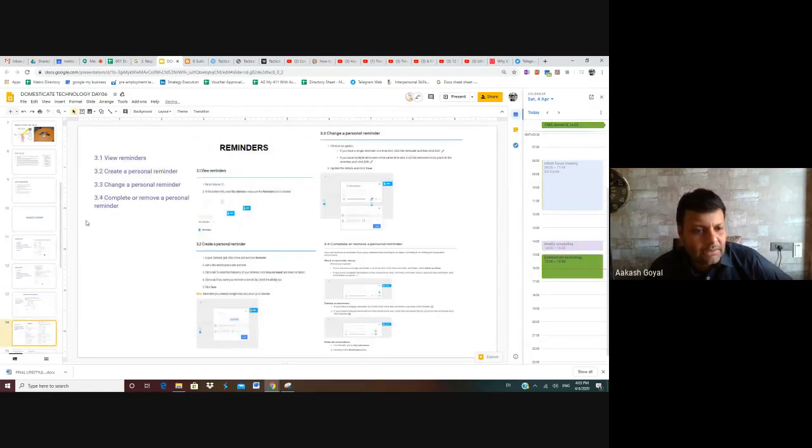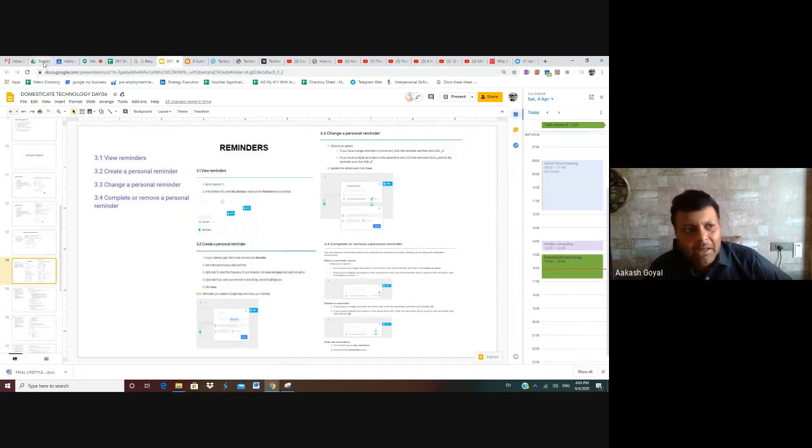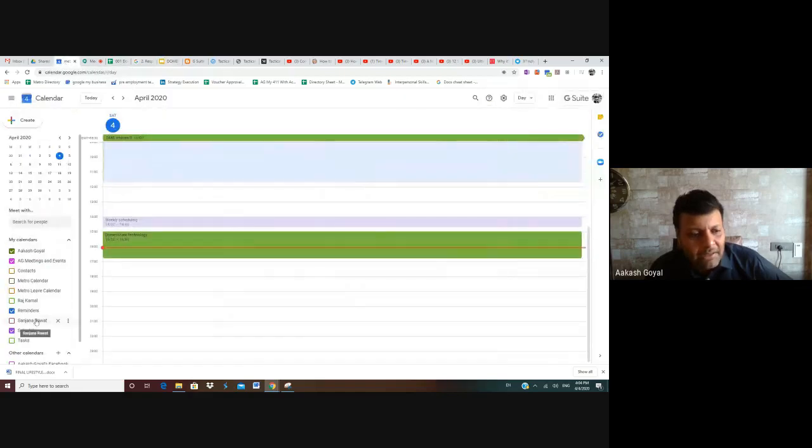We've also covered how to create reminders. But one thing I would like to tell you is that to enable reminders, on the left-hand side in My Calendars, you will see a Reminders option here. You will need to check it.